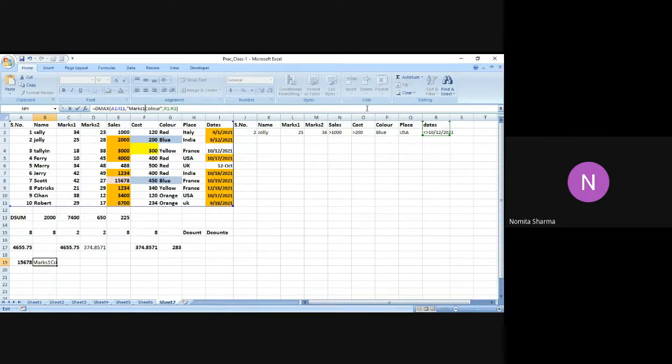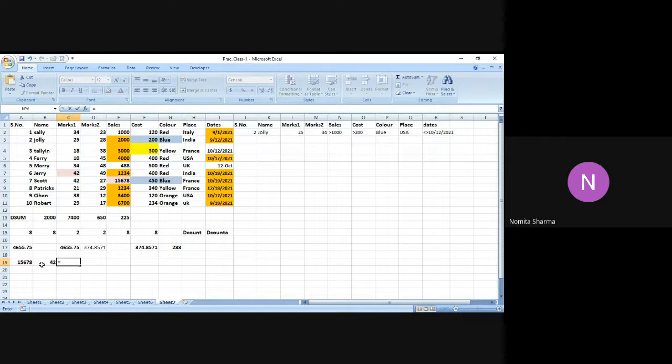I say marks 1. This time I got 42 as the answer. So let me find out marks 1, 42 is this. So it will simply give you the max value from all the values which are matching with the criteria. So of all the values of the date which is not equal to 10th October, it has given me the max value from that lot and returned 42 as the answer.